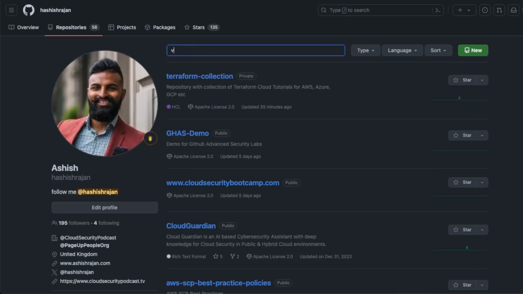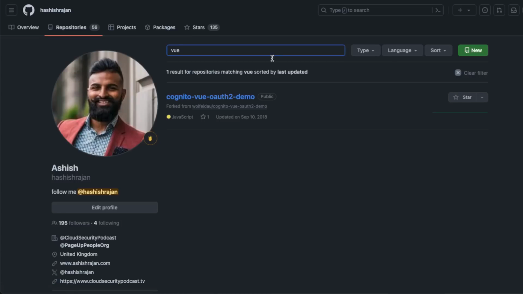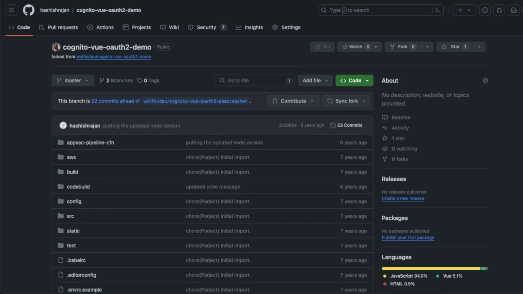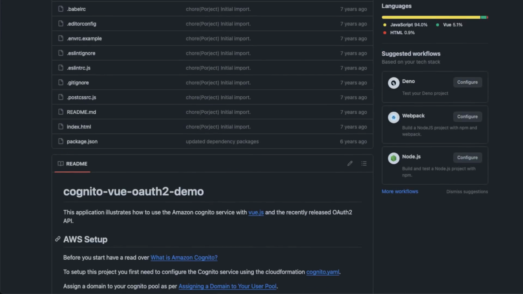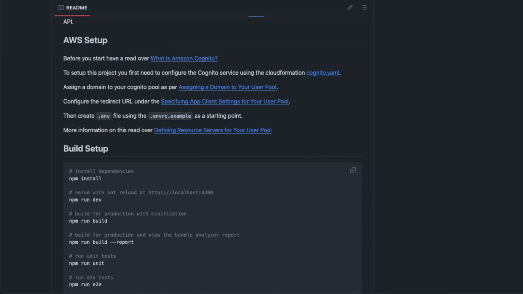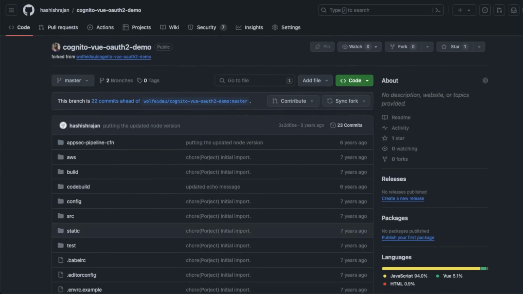I think it was called View, I want to say. Oh, yeah, perfect. So this is a lab that I've maintained with a friend of mine, and we have intentionally kept it vulnerable in terms of the libraries that are there. As you can see, there hasn't been any change done for 6-7 years on this particular repository. That has been intentional. So the purpose of this lab is to show you, I can already see 7 alerts